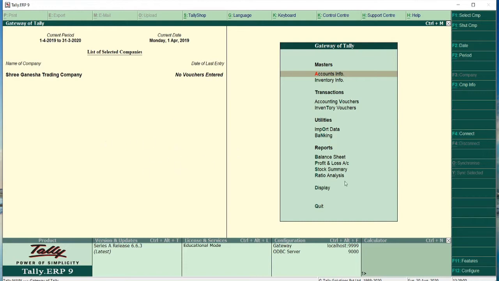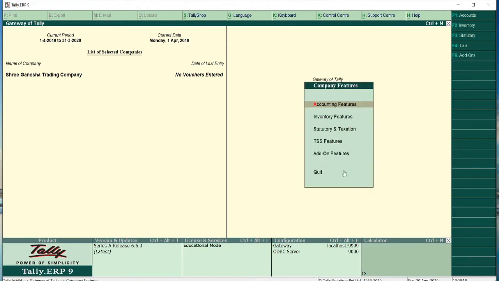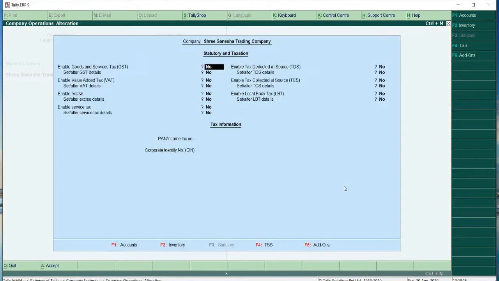Now to enable GSTN features, the GSTN number is given and we are going to apply GST. For this we are going to select company features or press the F11 key, and from here we are going to select the statutory and taxation option.